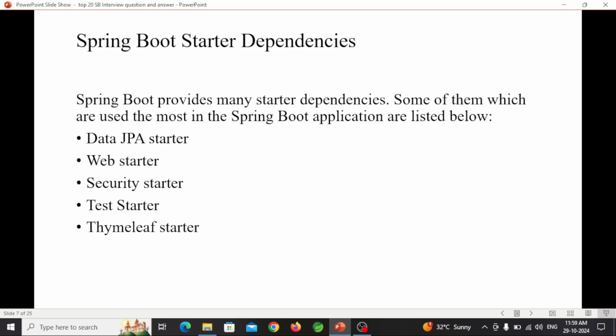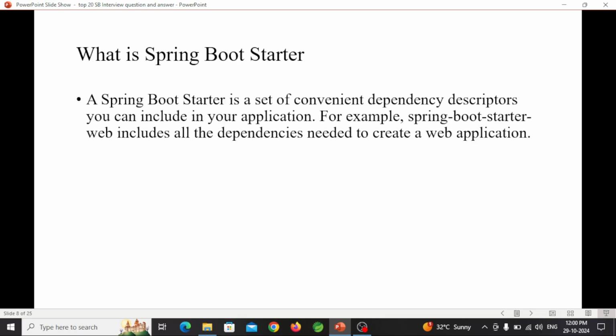Spring Boot starter dependencies. Spring Boot provides many starter dependencies. Some of them which are used the most in Spring Boot applications are listed below. Data JPA starter, web starter, security starter, test starter, Thymeleaf starter.